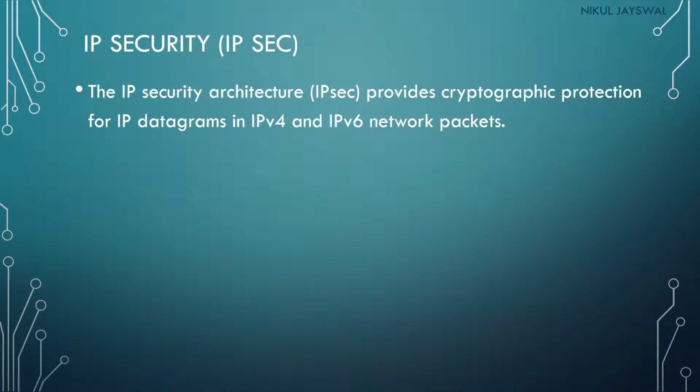The TCP/IP network will use IP security, and it will provide the additional protocol to provide secure communication between the machines. IP networks do not do encryption and decryption by default, but with the help of the IPsec protocol, we can provide the encryption and decryption mechanism in the IP protocol itself.